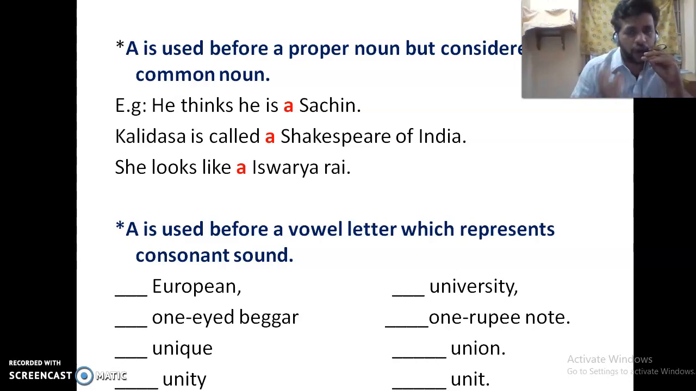Actually, when we are talking directly about Sachin, we do not use any article. But there is a comparison. So in this case, Sachin is a proper noun but considered as a common noun, not a proper noun. Second example, Kalidasa is called a Shakespeare of India. See, Kalidasa is Kalidasa, so we do not use any article. But this Kalidasa is compared with Shakespeare, so before this proper noun we consider it a common noun